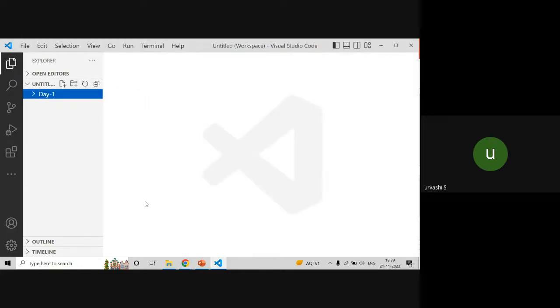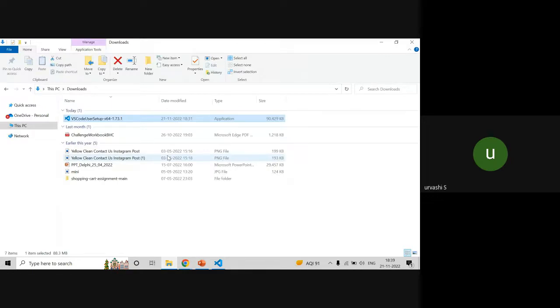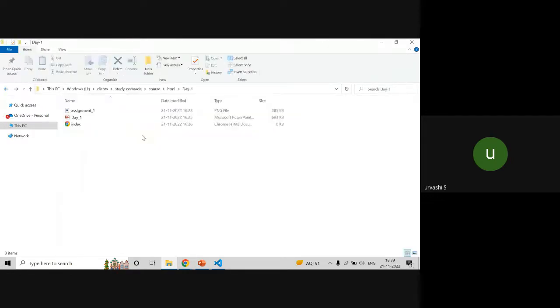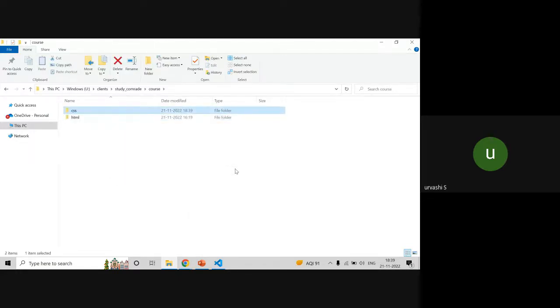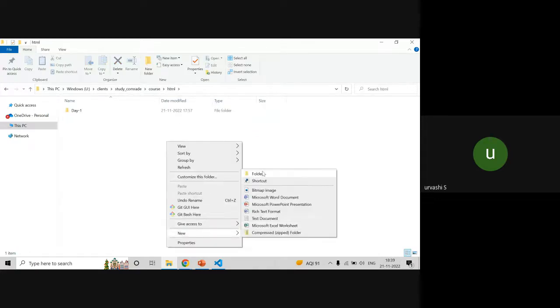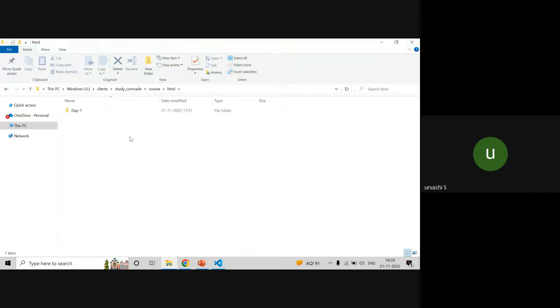Next thing, what I want you guys to do is go to any folder. I want you to maintain your code, the everyday code that you will write, or even your assignments. It's just like I have done HTML day one; for tomorrow, I will write day two. So I want you to follow the same pattern. Create a new folder like this one, let's say HTML, CSS, whichever technology it is. Then go to that folder, right click, and create a new folder. Today's day one, so just write day one. That means day one will include all your practice assignments that I will give you after the class.